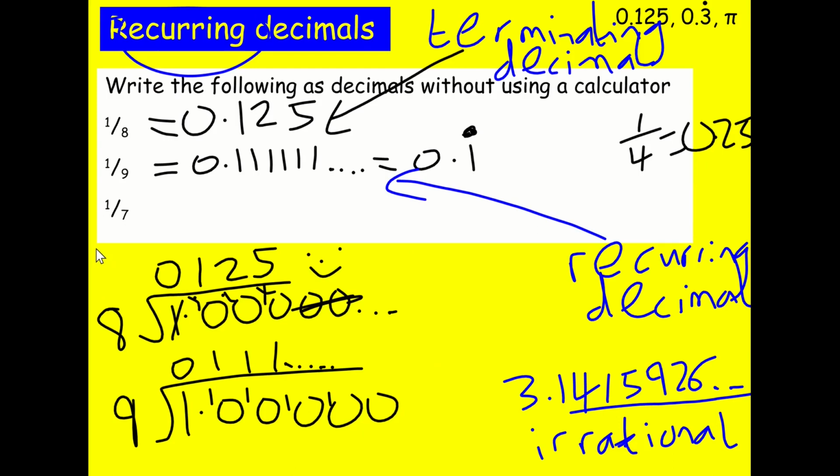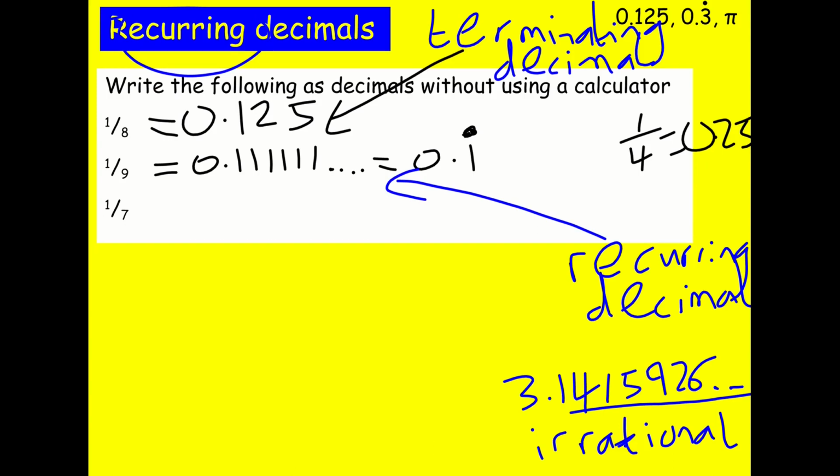Okay, last one, 1/7. Have a go at this one if you've not already. This one's got a really nice result. Okay, the result is, right, so we're going to do 7s into 1. Now this time, I've done these other ones quite quickly, but let's imagine we don't know our